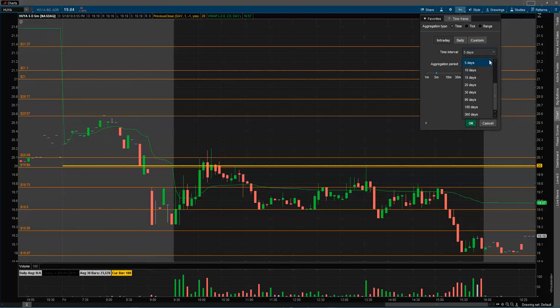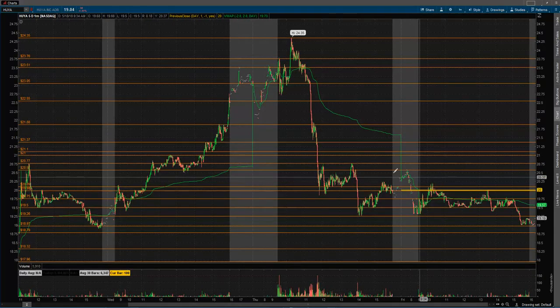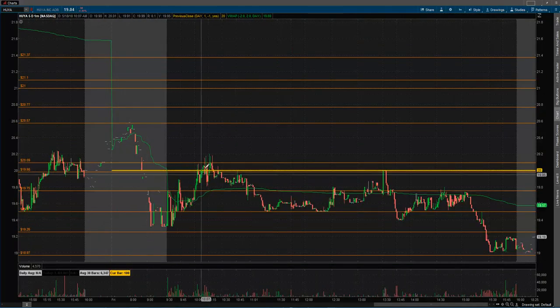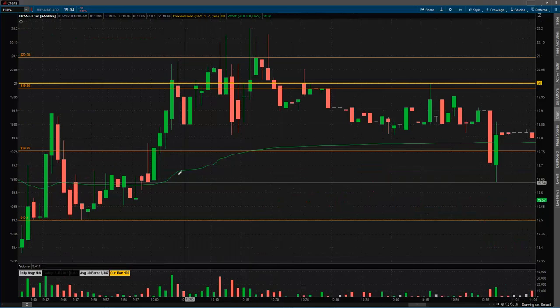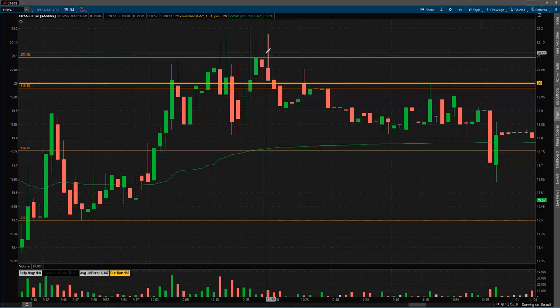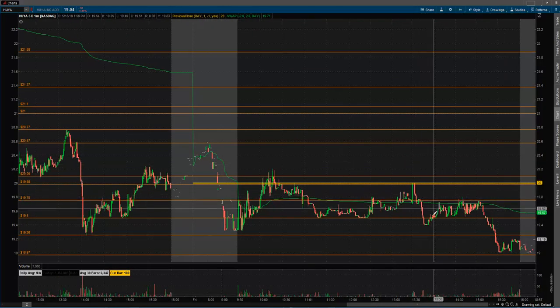But if I do the 1 minute, okay, this will give me a bit of volume. There wasn't a lot of volume, but here, this is showing me on the 1 minute. Look at this. This can't hold. Look at how weak the body of the candle is closing below the price. So I know that I'm not going to go long here. I need to see that close above and see some volume before I get in. And look, each time just couldn't do it. You know, this is not a lot of volume, but I'm just trying to prove a point that support and